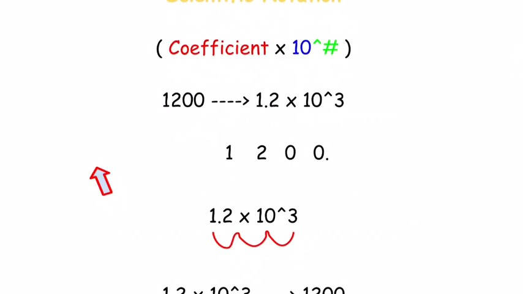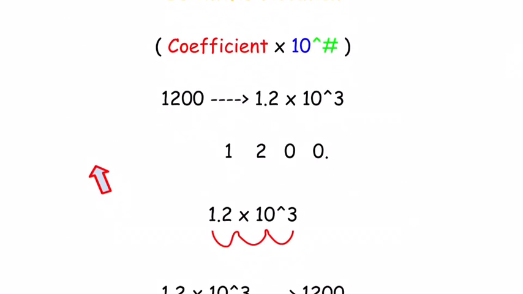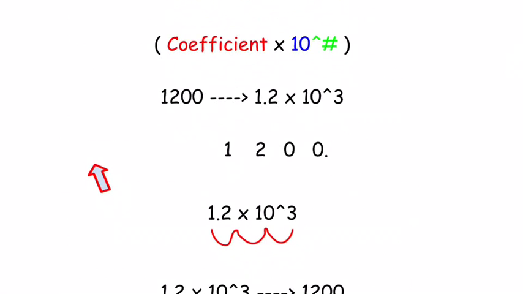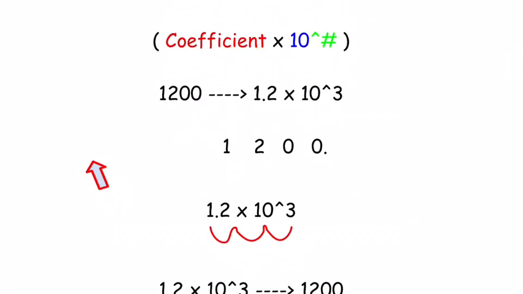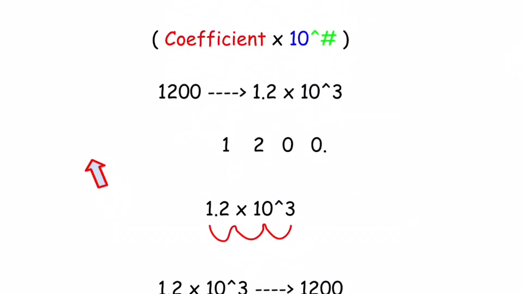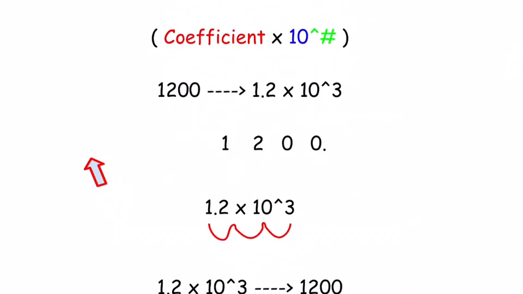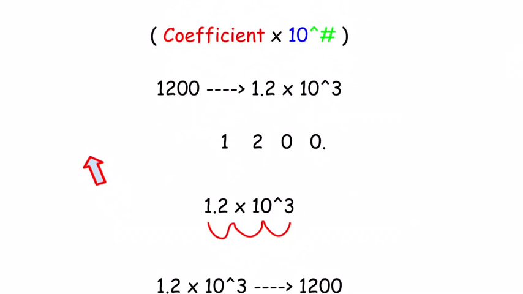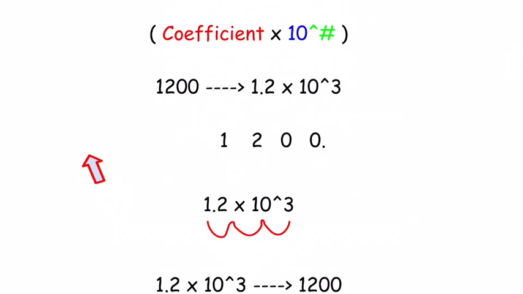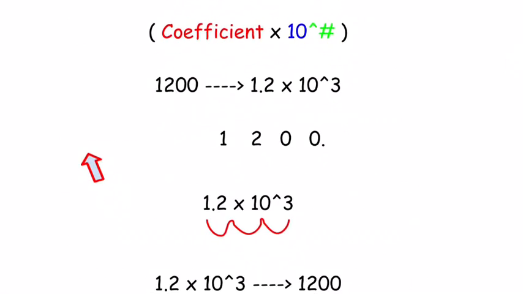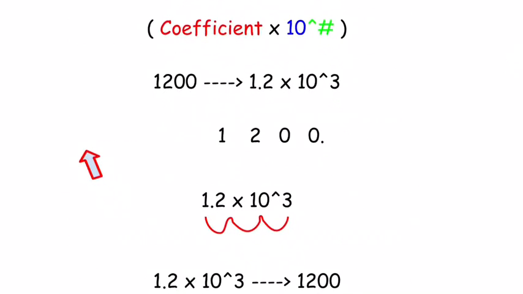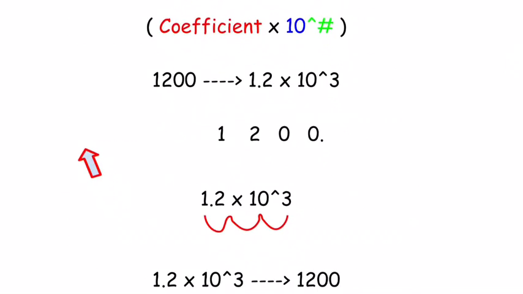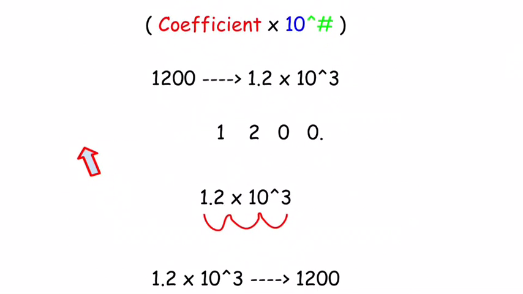Now you might be wondering, how exactly did I do this? I wanted to demonstrate that with the 1200 and the decimal and the squiggly line that you can see there, but unfortunately I had some difficulty working with the software and I wasn't able to do that. But the squiggly lines are supposed to be over the 1, the 2, the 0, and the 0 with the decimal point, because I wanted to show you how I moved the decimal 3 spots or 3 values to the